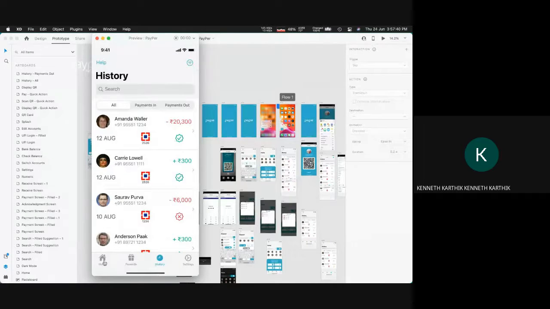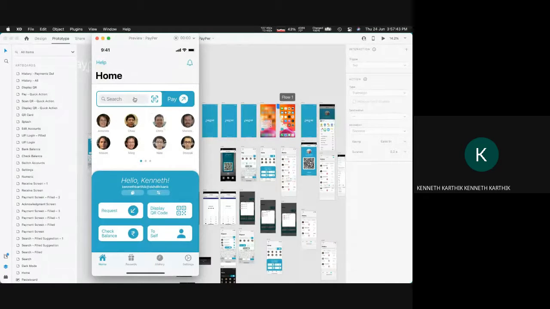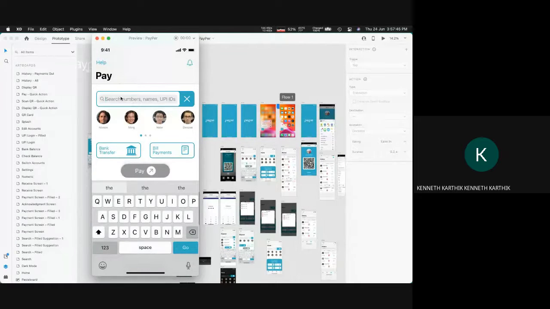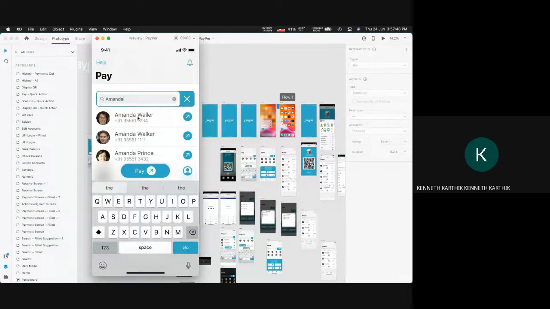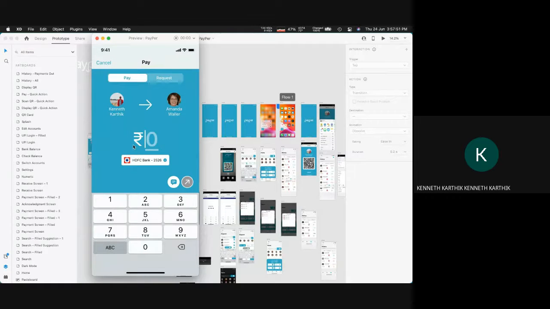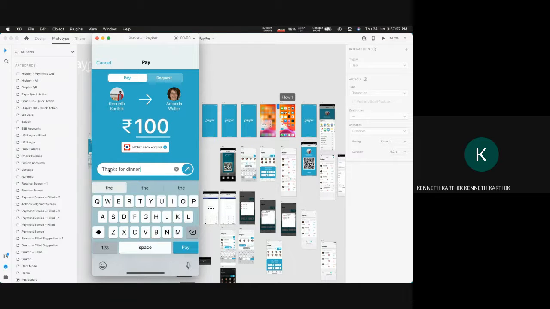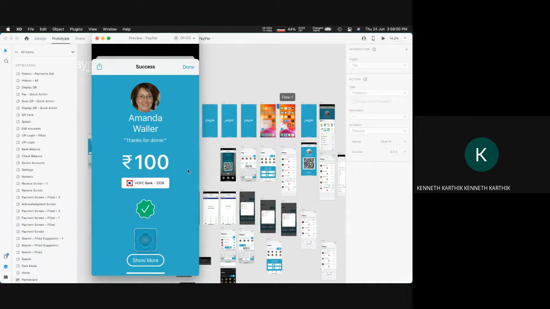And let me just go back to the call screen. Now if you're trying to do a payment, you go to the search bar, you search for the person's name, you get the contact, you click on the contact, and then you go to the pay screen directly. You type in your amount. If you want to put a note, you can fill out the note, and then once you pay, you get an acknowledgement screen where you can show the other person. Then you also have direct access to any scratch cards you might get over there itself. I think Google Pay has the scratch card come right in your face when you're showing the acknowledgement screen, which is obviously not useful.